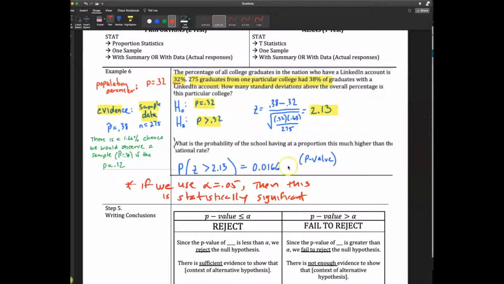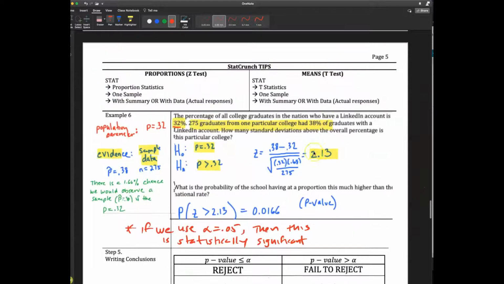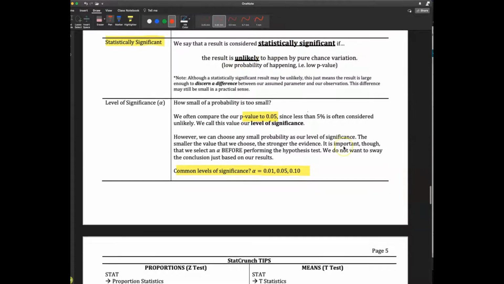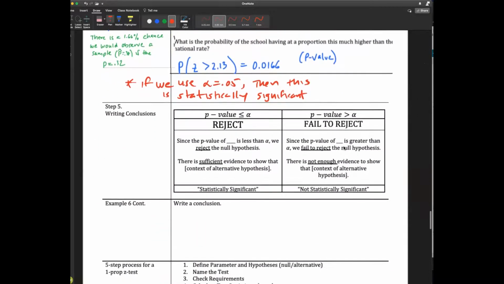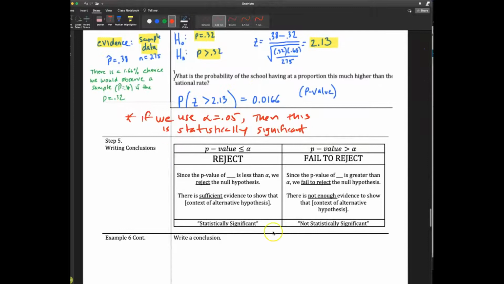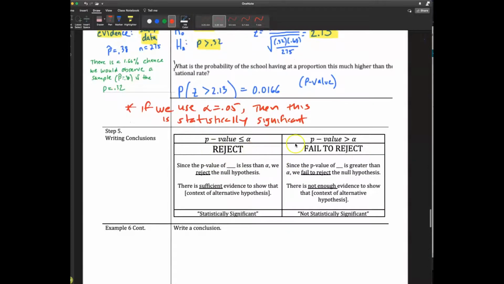And we can then make some conclusion here that since this p-value is low, the probability of this happening, it may be true, right? We may then have to reject this idea that the null hypothesis is true, because we observed something that was unusual, something that again, back here, had a small chance of happening. It was unlikely just by chance. And so we would make a conclusion. And so in this case here, for this example, how would we write a conclusion? We have a decision. If your p-value is smaller than or equal to alpha,